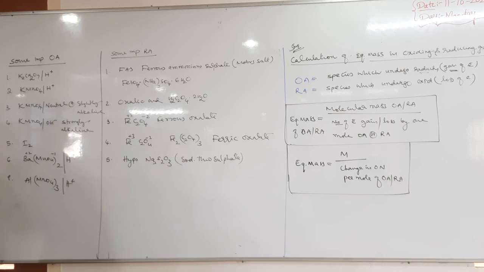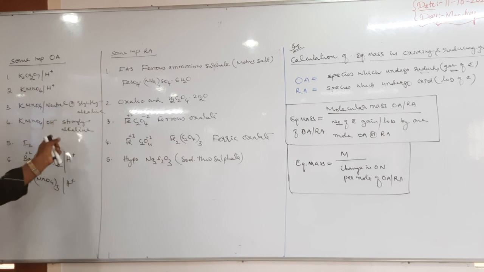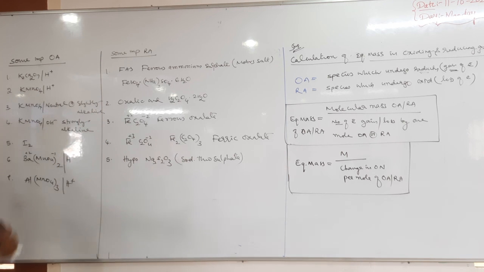Now tell me, what is the important thing you need to remember about oxidizing and reducing agents? See, for all oxidizing and reducing agents you have to remember the ionic equations, because this concept is directly related to balancing chemical equations, redox reactions. If you are able to remember the equations for these, in a single step you can balance the equation. Balancing becomes very easy. Otherwise in balancing there are 10-12 steps. We studied balancing redox reactions by the ion-electron method. But if you remember these important oxidizing and reducing agents, it becomes very easy.